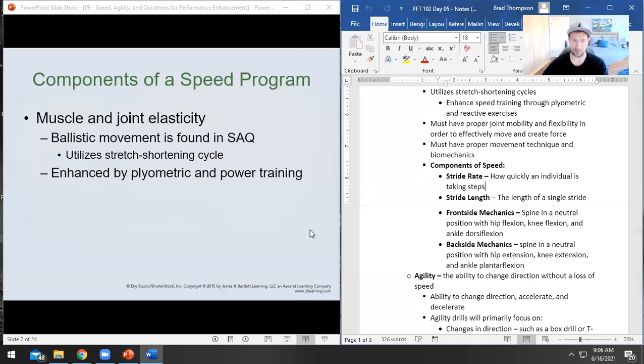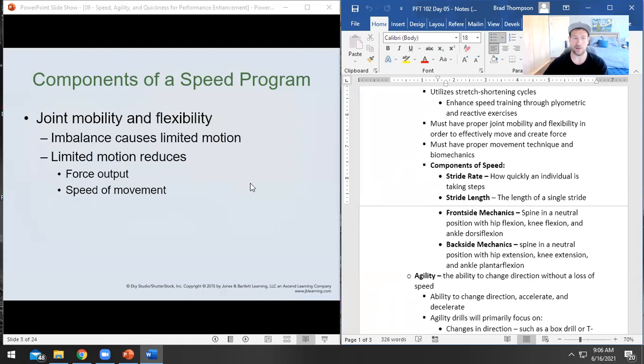And that's definitely not the type of mechanics we want to have, because that cannot benefit from a stretch shortening cycle as effectively as a springing action can. By driving your knee up, that creates tension that will want to drive it backwards. And so when you move very quickly in both directions, you're going to have much more speed.